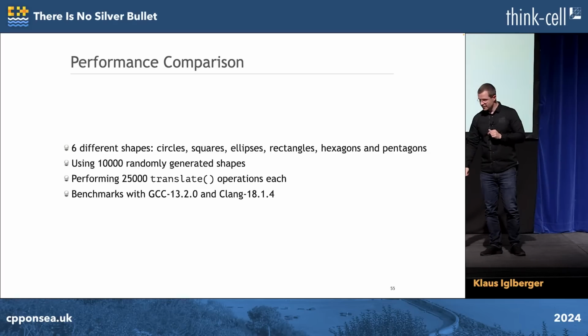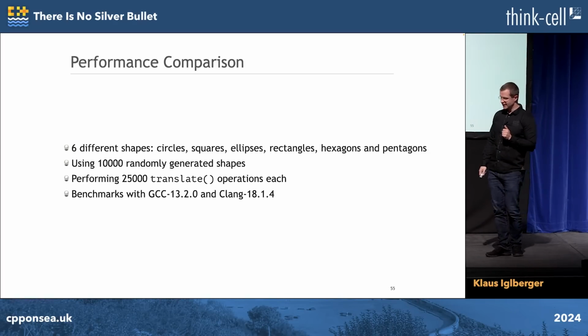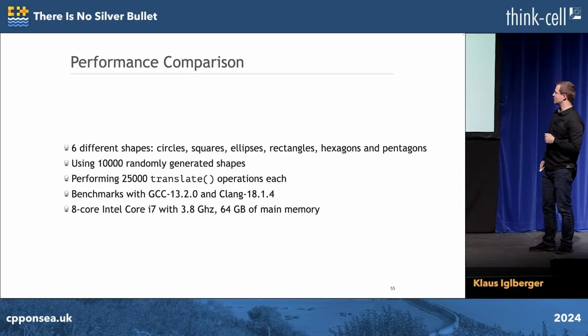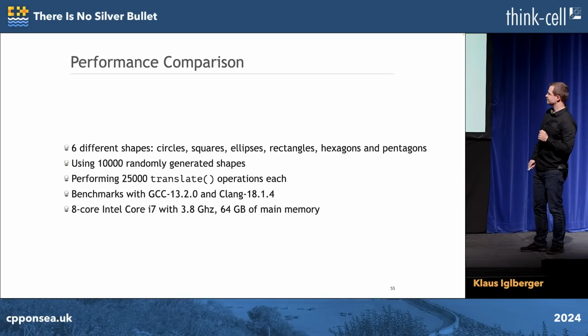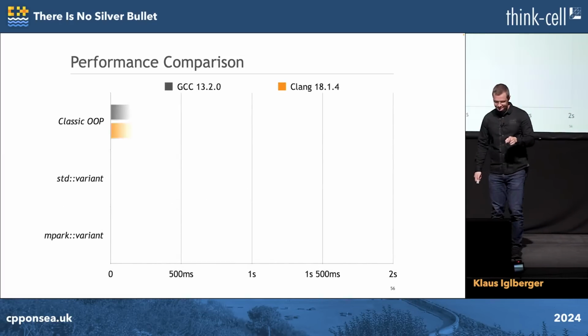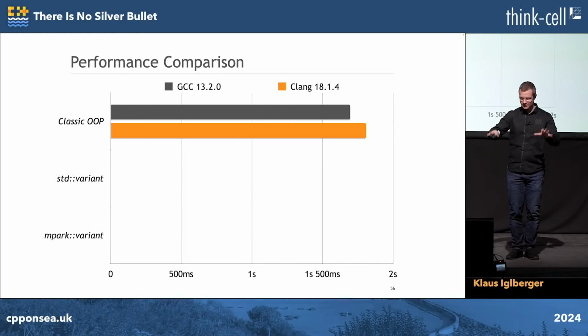Then I benchmark with pretty up-to-date compilers, I believe, GCC 13.2 and Clang 18.1.4. And I'm using this, which is my machine. Okay, so here are the numbers. Classic object-oriented programming, this number. I know, again, this is not a competition between GCC and Clang, yeah? So it's just numbers. If I now replace this with std::variant,